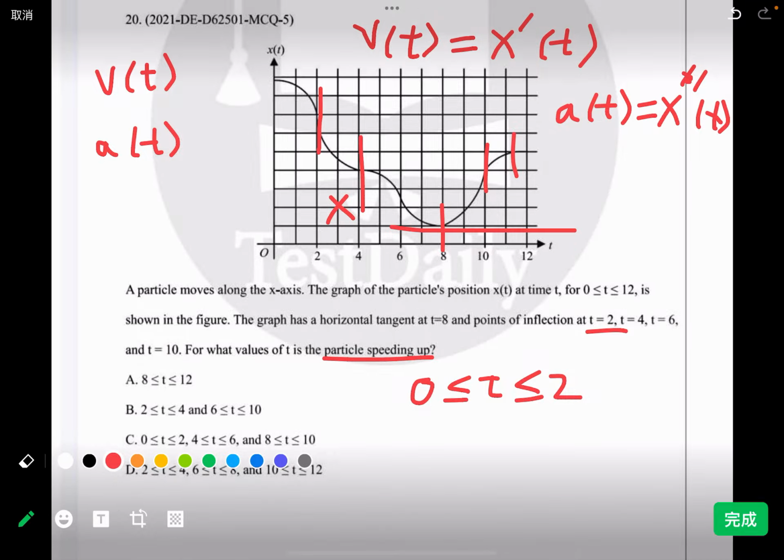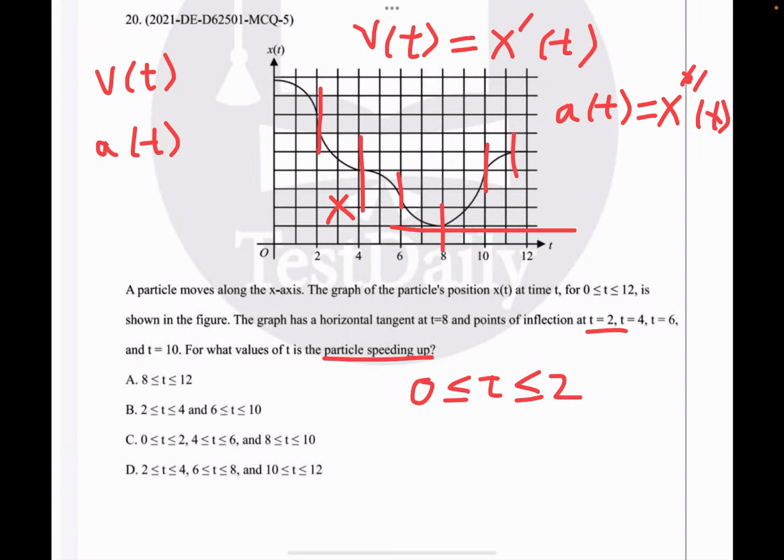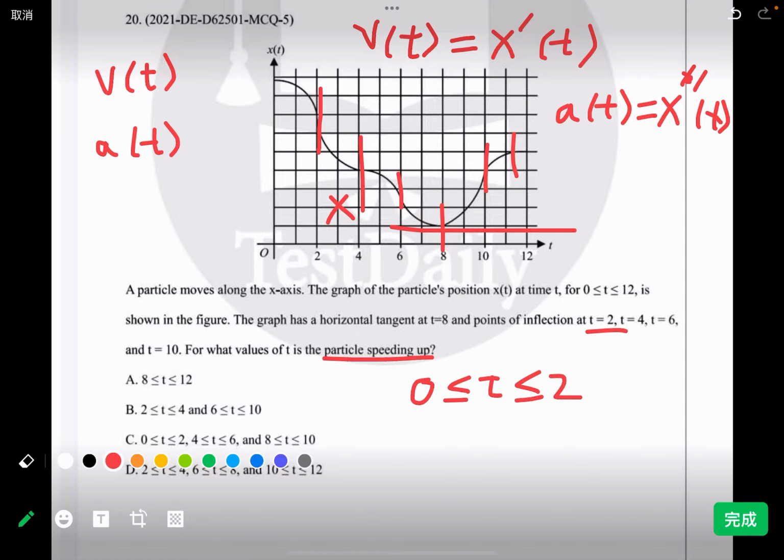And 4 to 6, we can see that it's basically the same thing as the 0 to 2 section. So this one also works. And 6 to 8 is similar to 2 to 4, so this one does not work. And from 8 to 10,